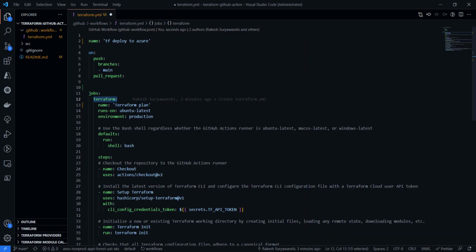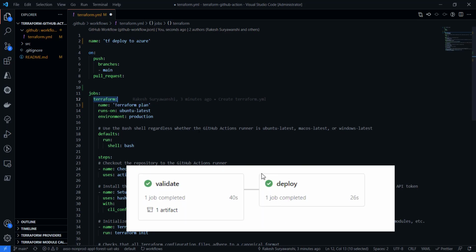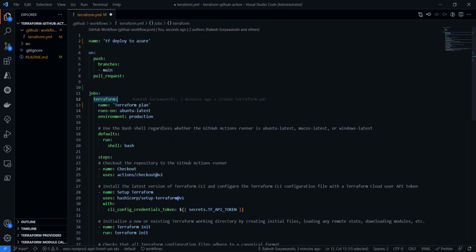So this particular job is a stage, and we would like our pipeline to be a two-stage deployment. One is going to be the build, or plan stage, where we generate the plan for our infrastructure, so a plan is available which a reviewer can review. Then we would have an apply or destroy stage which a reviewer can approve to deploy the resources into the target environment.